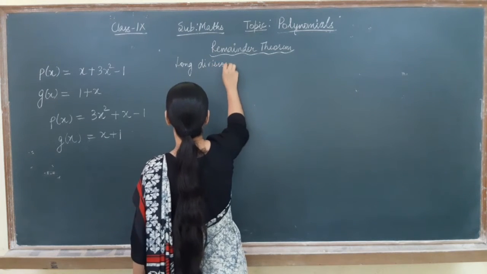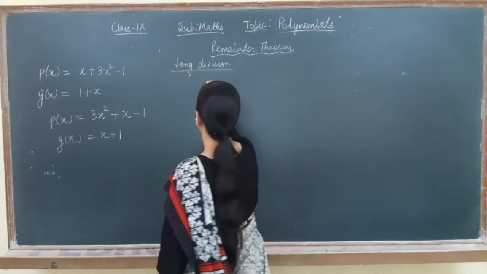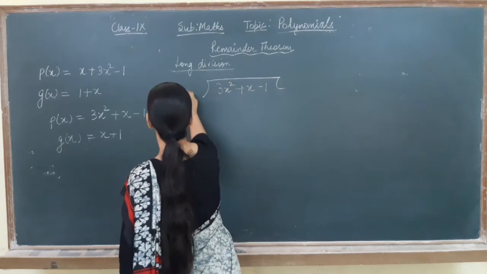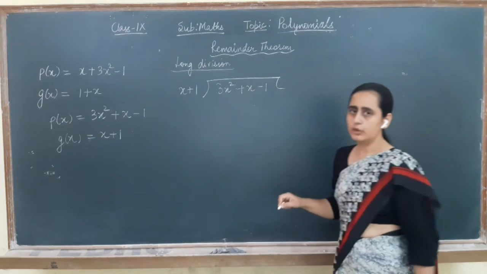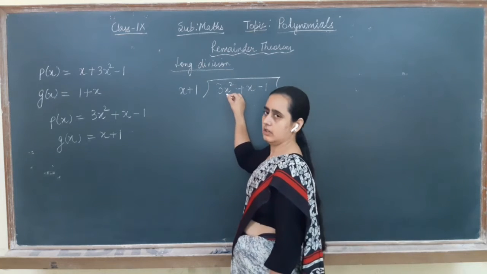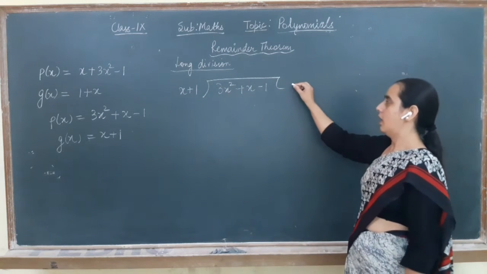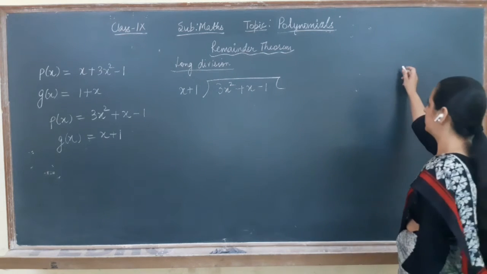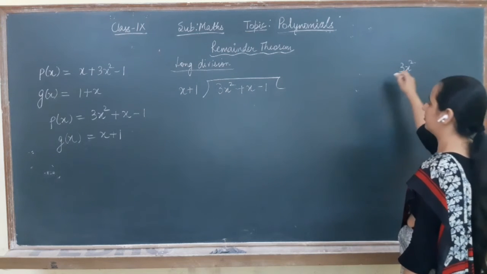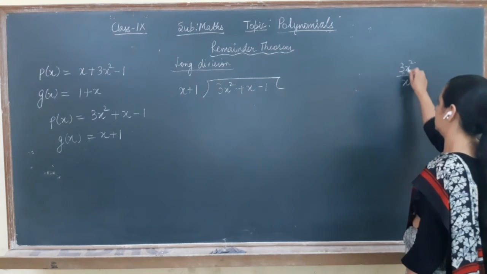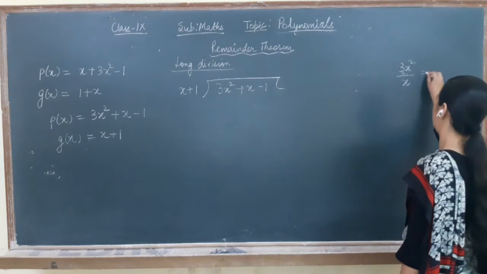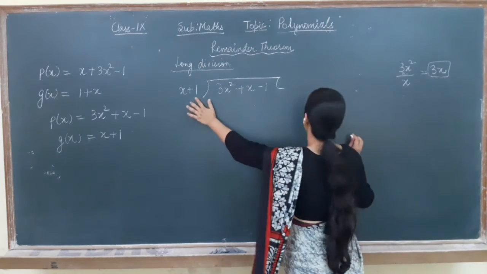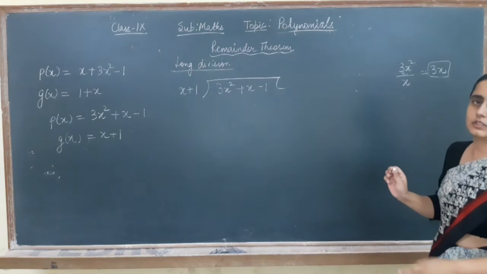Now how do we divide? Otherwise you have done in the previous class also. We have to divide it by x plus 1. Now you have to see the first term here and here. How can I decide which divisor multiple I should take in this step? This work you have to do in rough. See how you can do. You write the first term of dividend divided by first term of divisor. What you will get? 3x. That means you need to multiply the divisor with 3x in the first step.